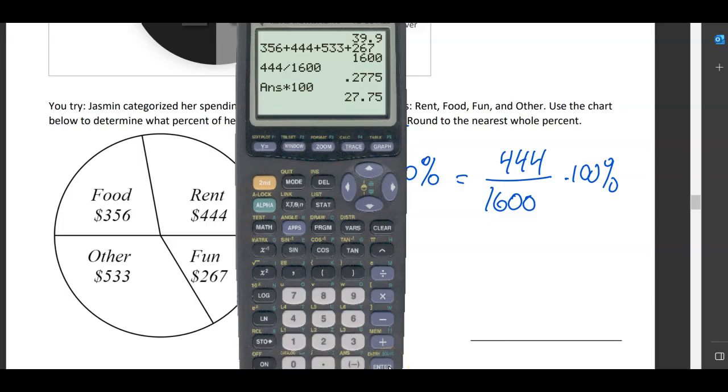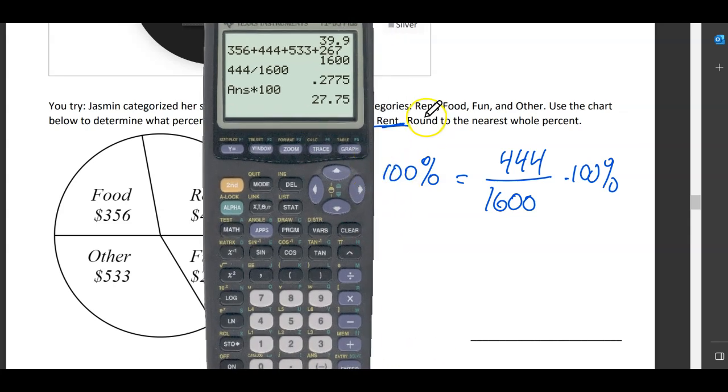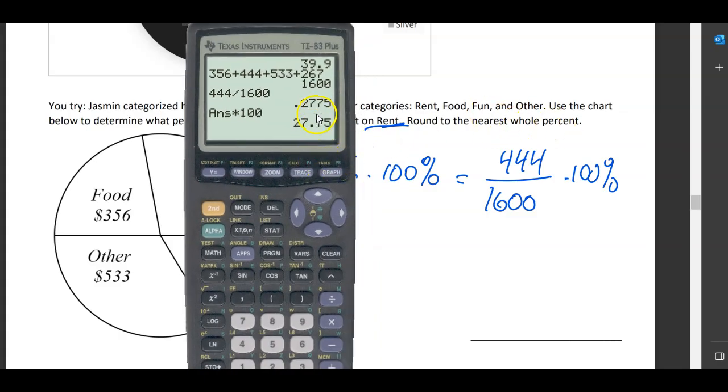$27.75%. It says round to the nearest whole percent. Now this is important. When you have instructions that say round and also have the word percent in there, you must go to percent first and then round. Because if you round to the nearest whole percent and you start with a 0.2775, you're like,